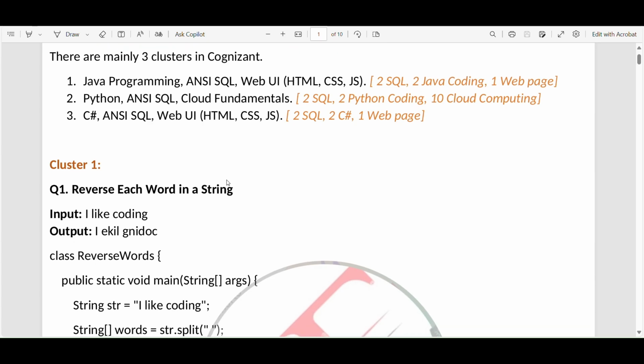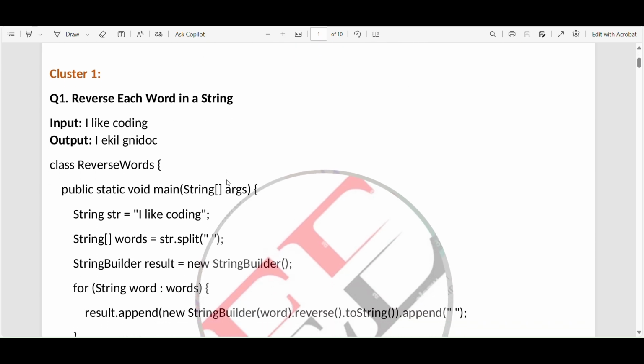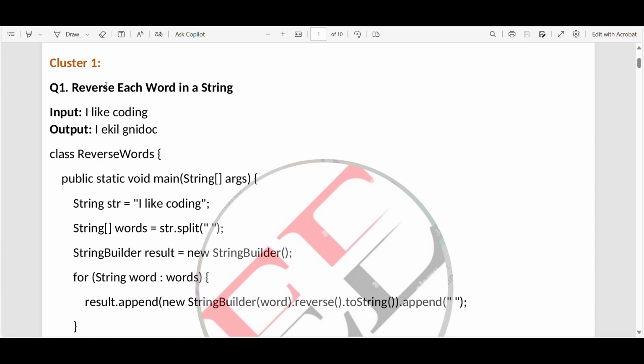And now the preparation material is here. For cluster 1, these are the example coding questions. These are the most repeated ones, and if you study these, you can definitely solve one of the coding questions very easily. For the other one also, in 90% of cases you can solve both of them, or you can solve one of them, right? So in cluster 1,